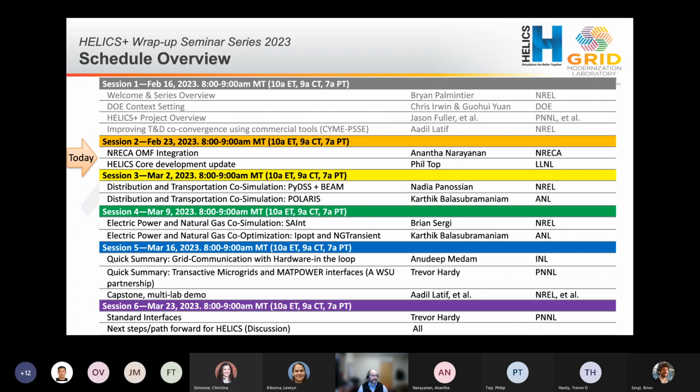One is some of the work that Anantha has been doing at NRECA to integrate Helix into the open modeling framework, which if you're not familiar with that tool, I'm sure that Anantha will give you a background on it, but it's a really phenomenal open source, openly available tool that has done a lot of really great integration work over the years. And then Phil is going to take some time and go through some of the Helix core